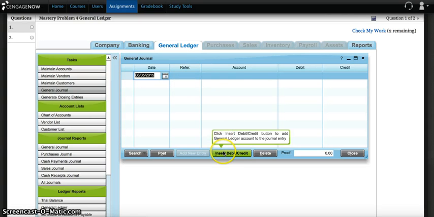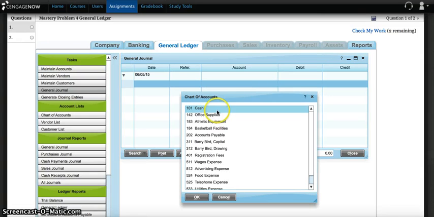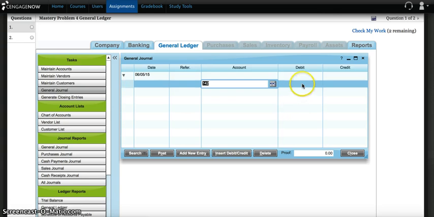I'm going to insert a debit or credit. The account I want to go ahead and debit, assuming that the transaction is purchase supplies with cash, I'm going to click on office supplies. Let's say I purchased $500 of office supplies. I'm going to enter $500,